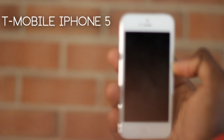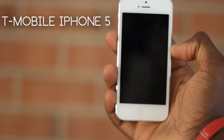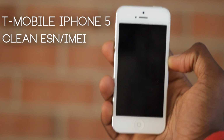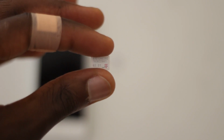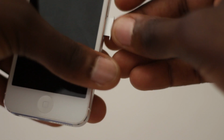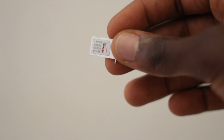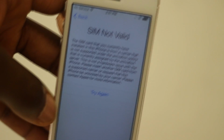The phone that I used for testing purposes for this video was a T-Mobile locked iPhone 5. As required by the metroPCS Bring Your Own Device program, the phone has a clean ESN/IMEI number, and additionally, the phone is no longer on contract with T-Mobile. To show you that the phone was indeed locked to T-Mobile, I have two Nano SIM cards here. The first was a T-Mobile Nano SIM card. When I inserted it into the iPhone 5, the phone readily accepted the SIM card and displayed T-Mobile in the status bar. However, when I inserted the Verizon Nano SIM card, the phone searched around for a bit, then it restarted, and finally it gave me an error message saying that the SIM card